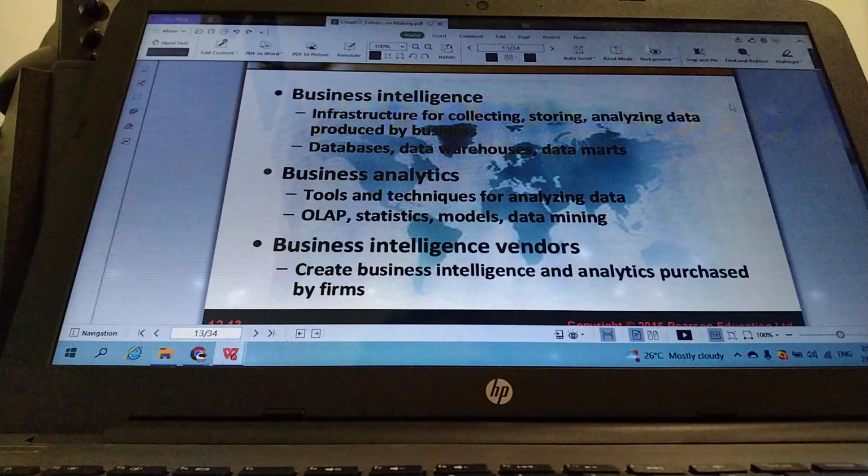Next, we're going to look at who are the business intelligence vendors. Basically, what they do is they create business intelligence and analytics solutions or software or models or options to be purchased by firms, by any companies. So they are the vendors who will be providing these two solutions, which we call either BI or BA. So before we go and look into further